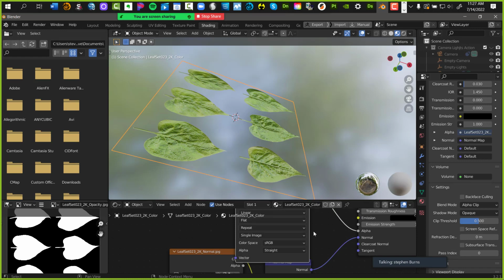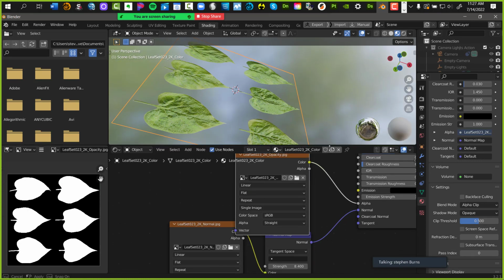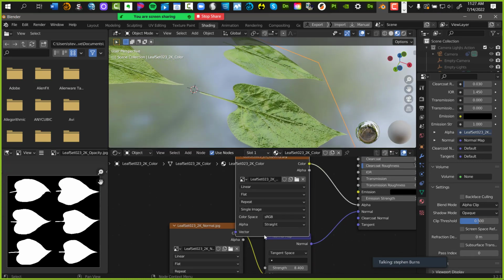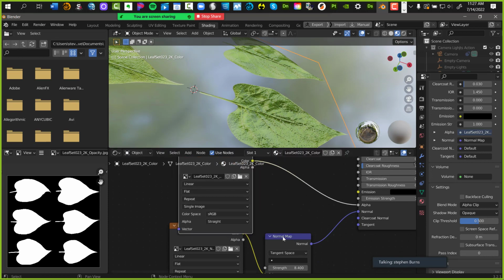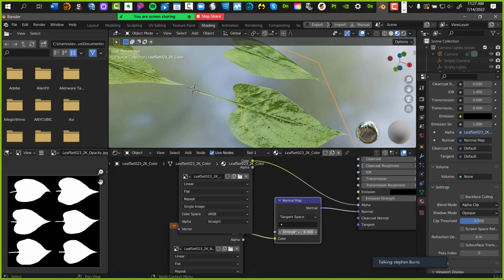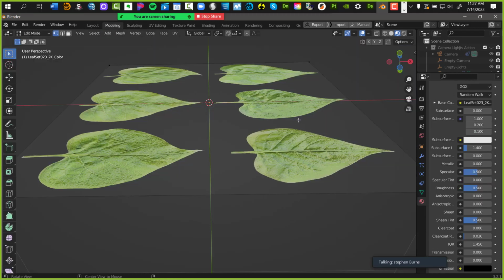So my only probable suggestion would be maybe play with the normal map just a little bit more. So there's my normal map. There's my strength, and maybe pull the strength over a little deeper. It looks pretty good. All right, so we're all happy. We give it to the client, and